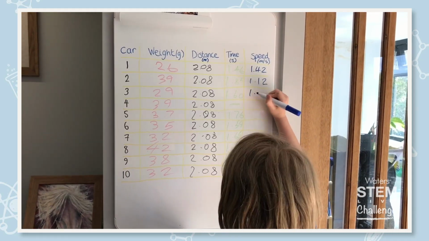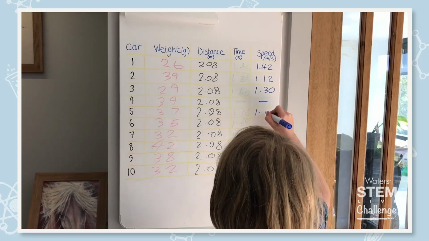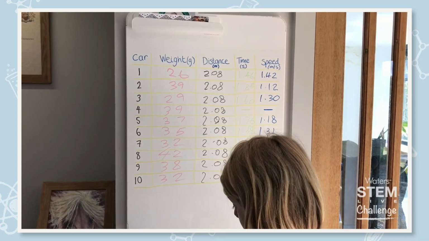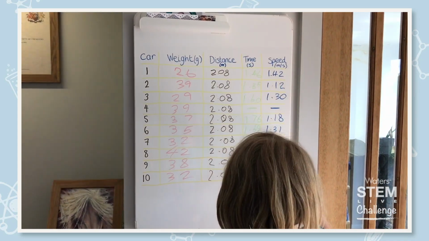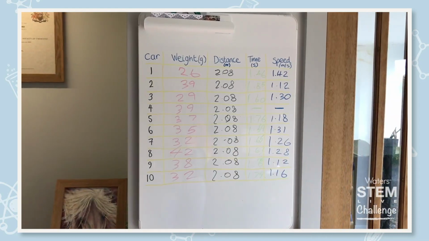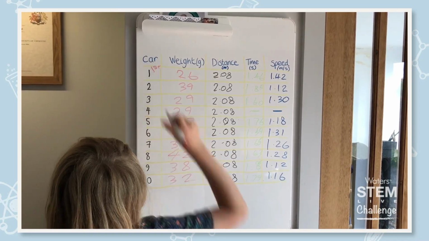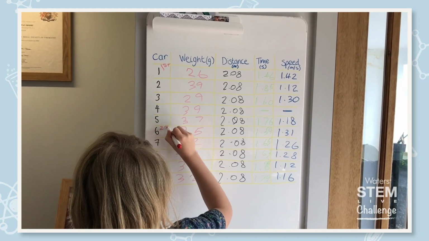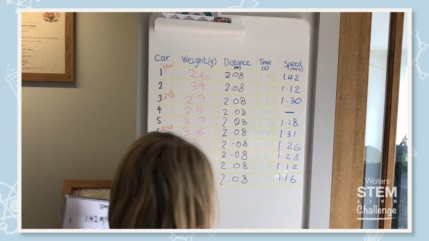So Zane is just writing all of the times that we calculated for the cars onto the whiteboard now, and you can see he's made sure to indicate the car that we had to eliminate from the competition because it couldn't go in a straight line down the ramp. And now for the final result. You can see that car number 1 came first, car number 6 came second, and car number 3 came third.